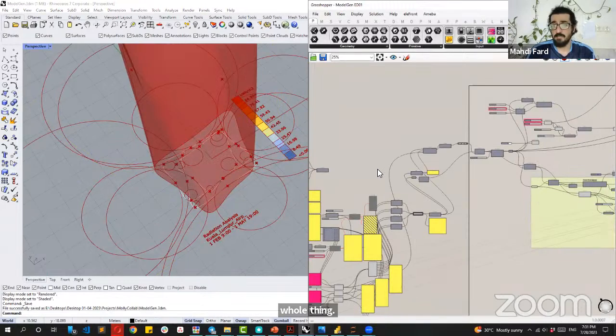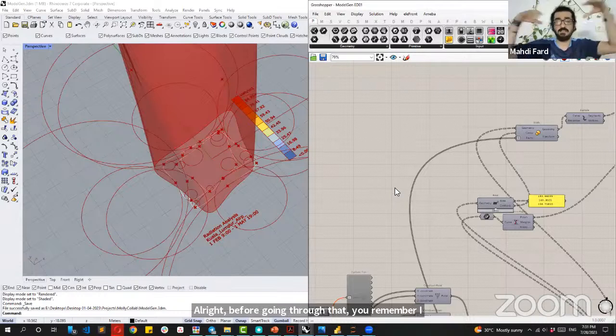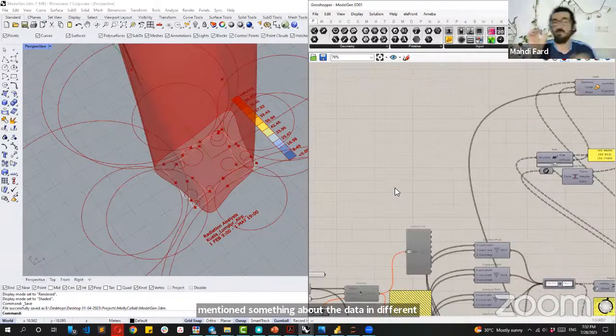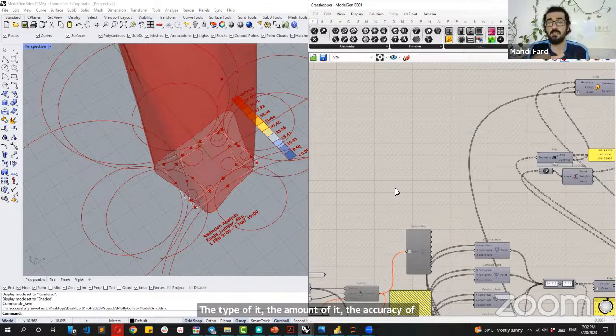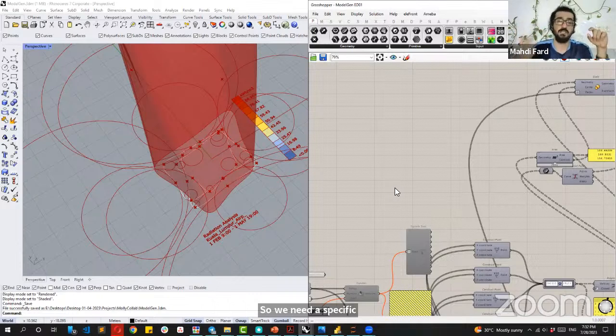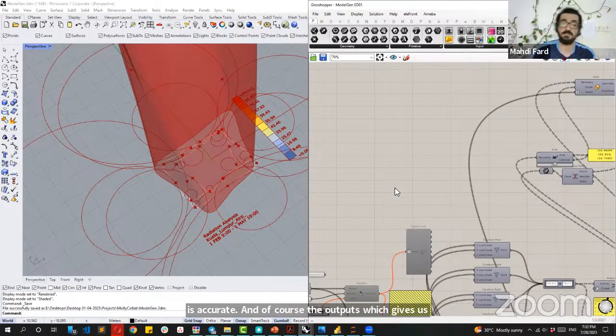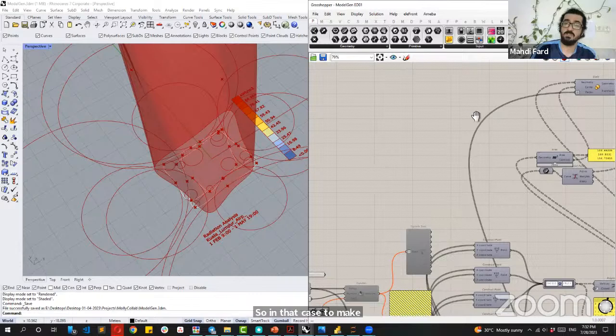All right, before going through that, you remember I mentioned something about data in different segments of using a machine learning algorithm. The data was the only one thing that we needed to follow: the type of it, the amount of it, the accuracy of it, which is highly important when it comes to training a model, training a machine. The accuracy of data is highly important. So we need a specific framework to make sure that data is accurate. And of course, the outputs, which gives us the informed decision in designing elements in architecture. So in that case, to make sure every aspect of it,